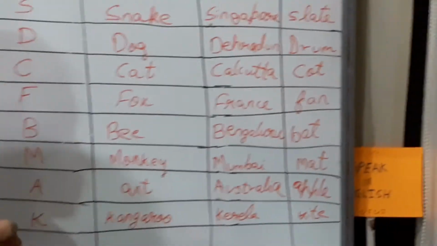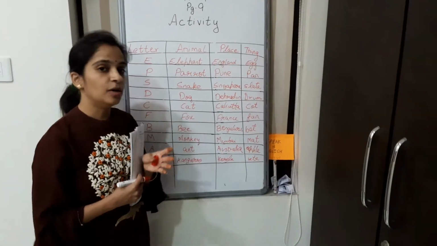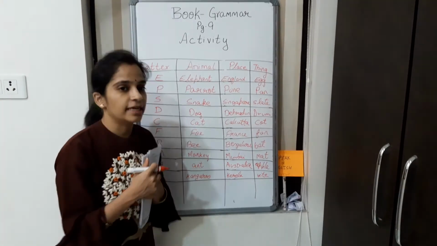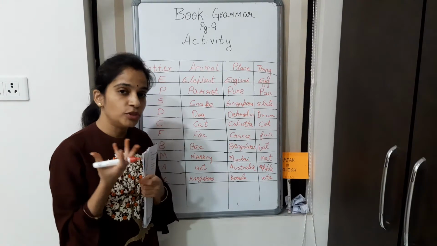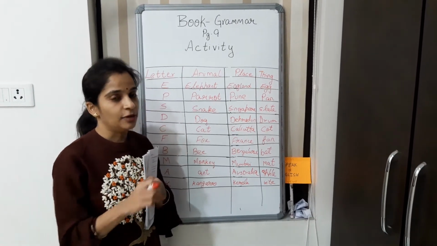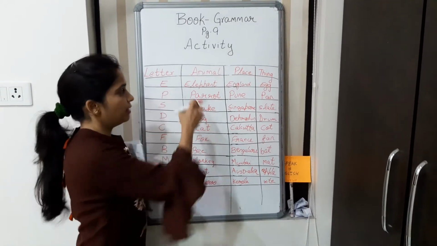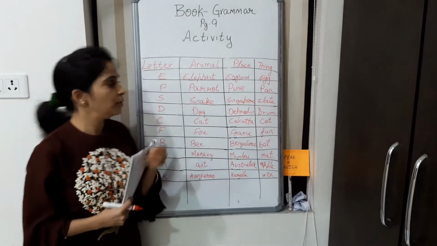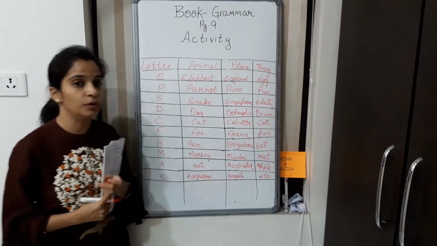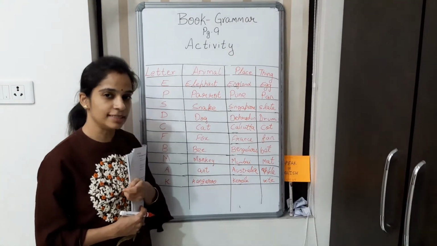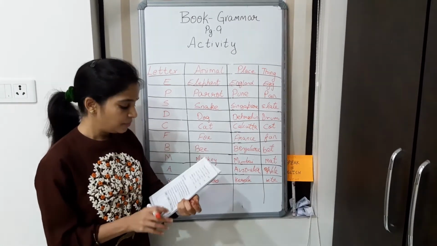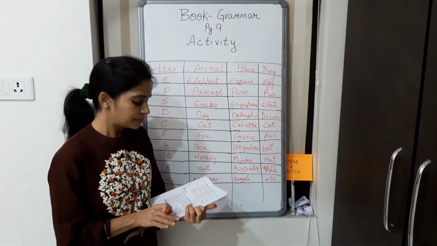So we have played with 10 letters. Anyhow you can play, but complete this activity. If you can have a bowl with 6 letters, you can pick one and again write this, or you can do what I have done, if you are doing with me. Anyhow, so students, I hope you enjoyed this activity. Now let me give you your homework.